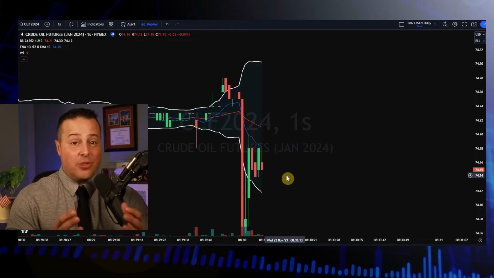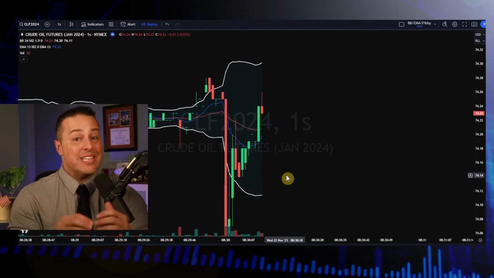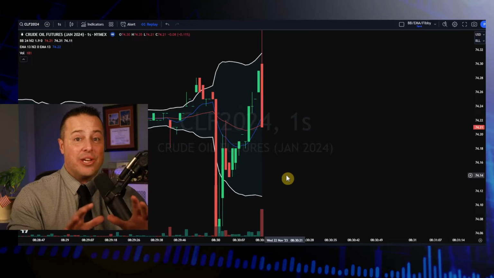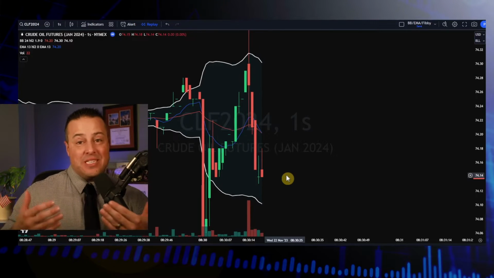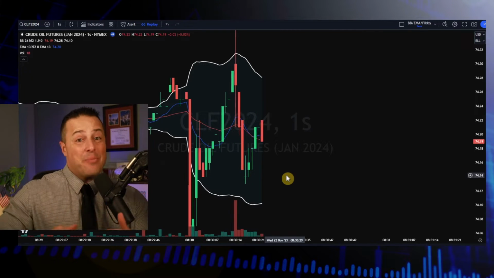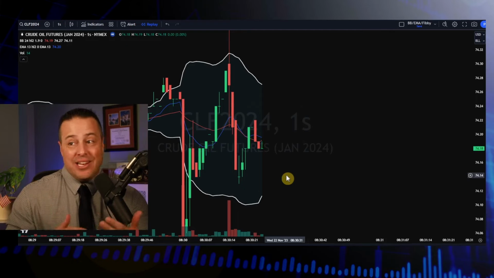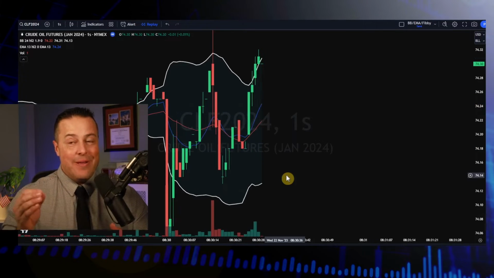And for fundamental traders that attempt to trade this, it is very risky. You have to have deep pockets, and you have to be able to execute your strategy and give these trades the proper room to work. As you can see, we just went from beneath 74 up to 74.32 at $10 a tick. That's a $300 rotation in just a few seconds. So if you're going to trade fundamentals in the EIA weekly report, have deep pockets.